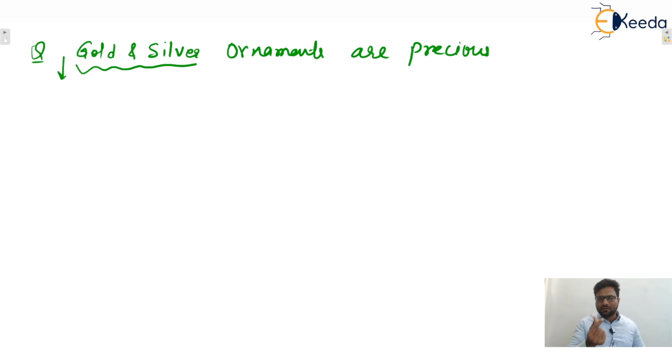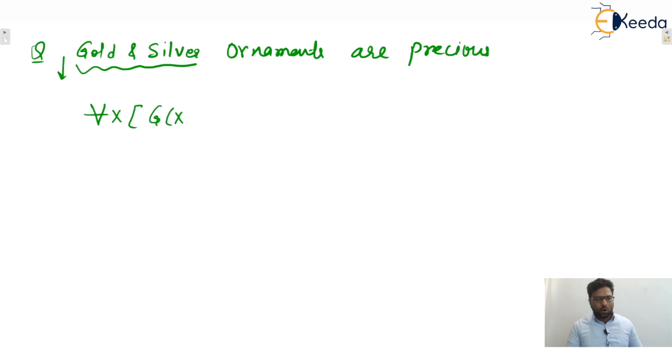That means that whenever the word all or some is not mentioned, then, if it is written that boys are good, we can say that all boys are good. Meaning is same. And if it is some, then some will be mentioned in the statement. So whenever nothing is mentioned, then assume all. So we can assume that all gold and silver ornaments are precious. So we can use for every x.